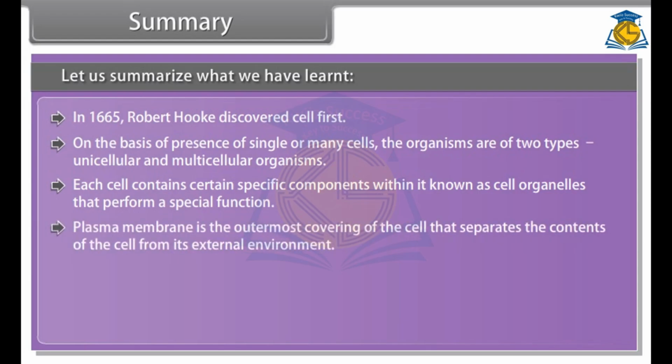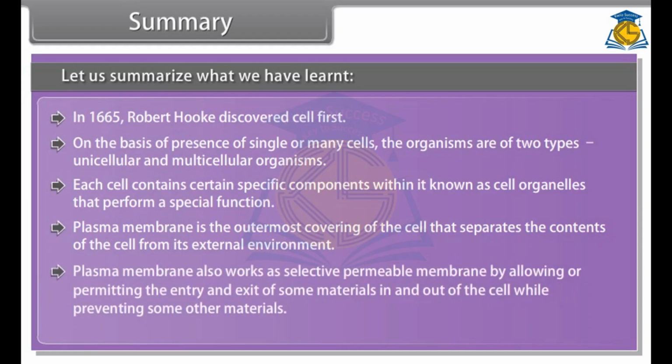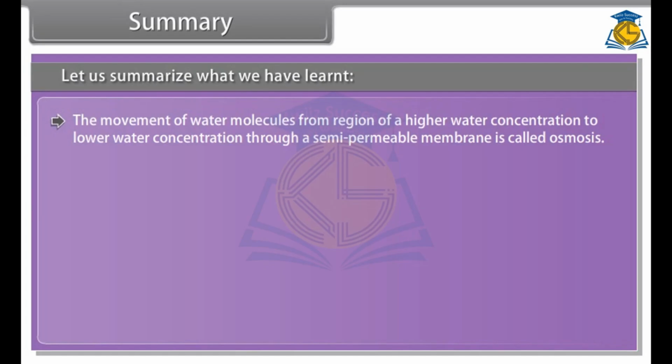Plasma membrane is the outermost covering of the cell that separates the contents of the cell from its external environment. Plasma membrane also works as selective permeable membrane by allowing the entry and exit of some materials in and out of the cell while preventing some other materials. The movement of water molecules from region of a higher water concentration to lower water concentration through a semi-permeable membrane